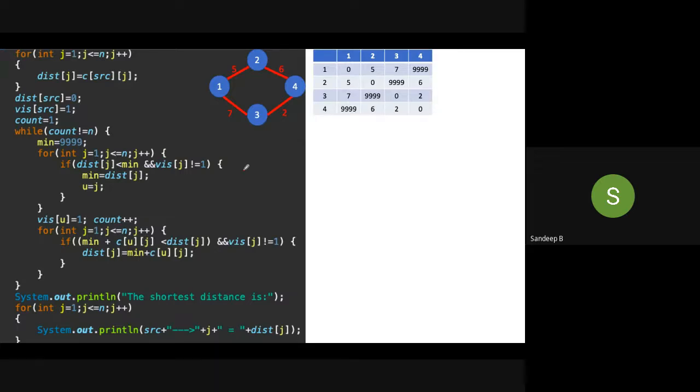So this is the adjacency matrix for this graph. And source, I will take it as 3. SRC is 3. And we are calling the solve Dijkstra function. Cost matrix is read. This matrix value is stored in C, and the source value is given as 3. So the read function is over. Now we will be calling the solve Dijkstra function.